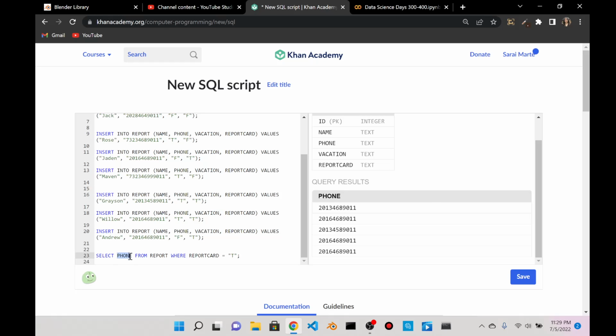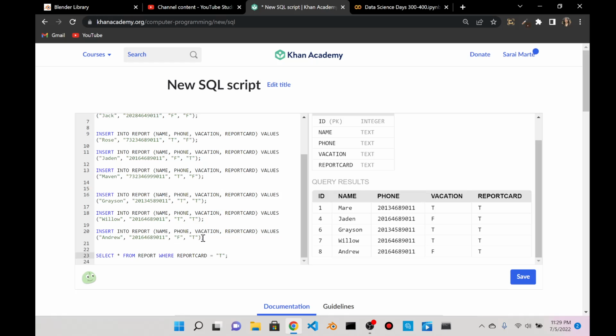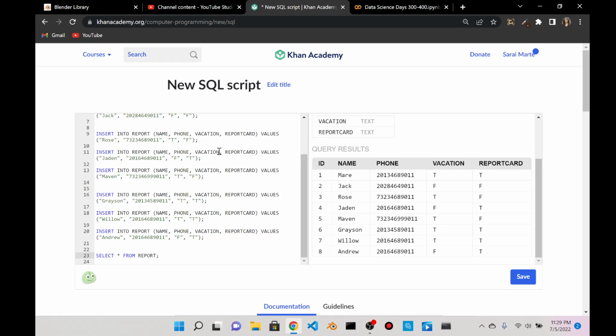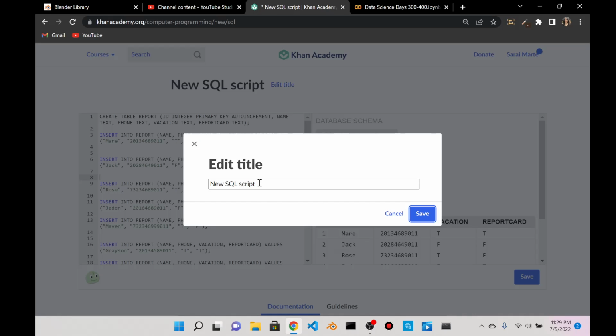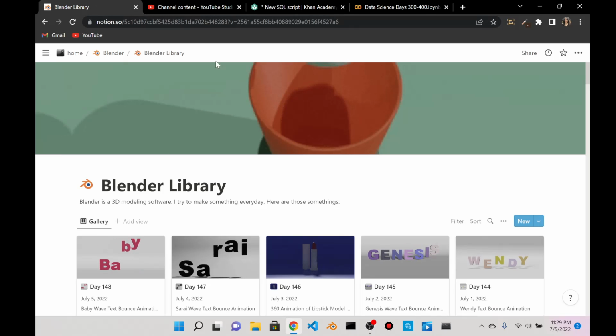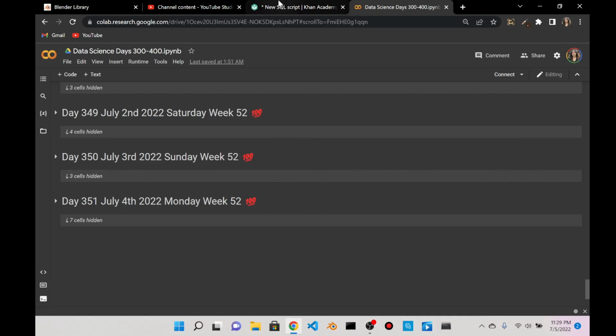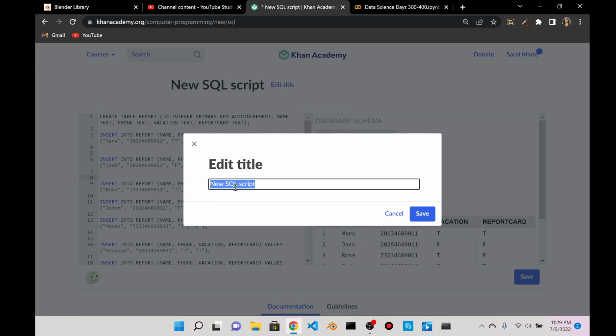So I could just select everything from report and get rid of that. And that's back to my database. And that's pretty much a use case of this SQL table, because I always like to do something with a purpose, even if it's an imaginary purpose, like being a main office lady and calling students who need to pick up the report card. Anyway, that's pretty much it for today. So let me just call this day